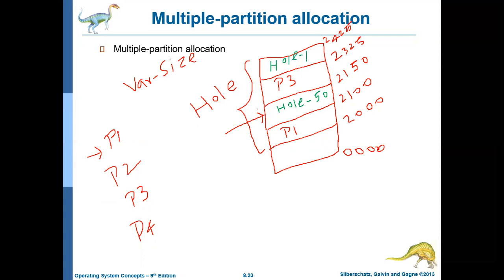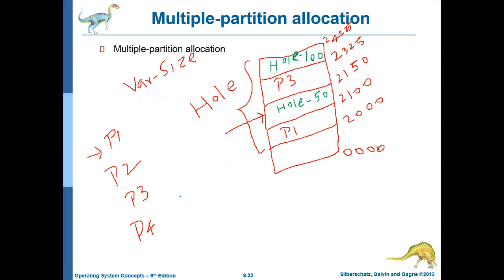Let us assume there is no further memory. For simplicity, let us assume that 2425 is the last location. Memory is over. Okay. There is a hole of size 100 MB.